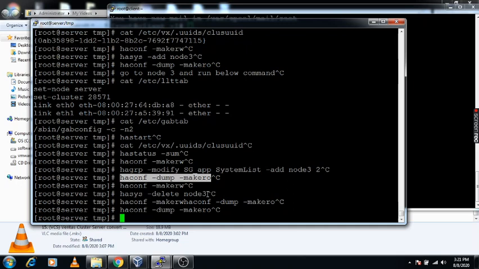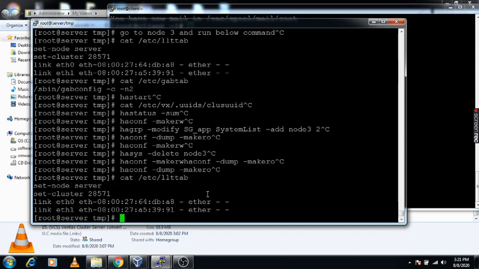Then go to node 3 and use the below command, and you can remove the file which you have added, that is llttab. Under llttab you can remove it.